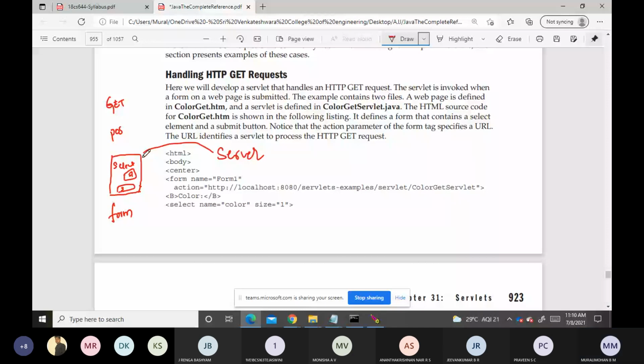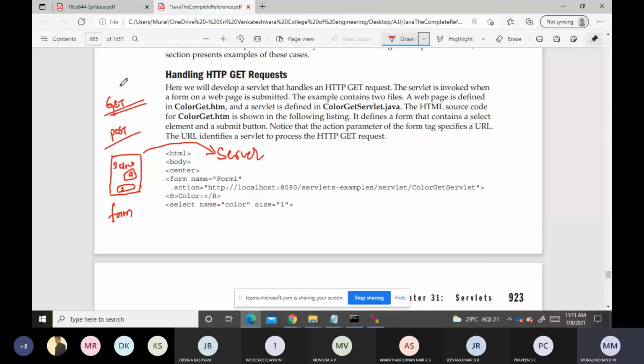Kindly remember, many of you get confused. Get does not mean we are getting the document from the server, and post does not mean we are sending the document from client to server. Whatever request we make from the client machine to the server can be done by either the get method or the post method. What is the difference between them?